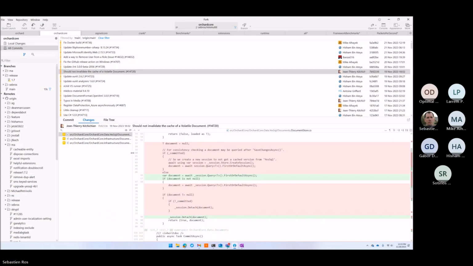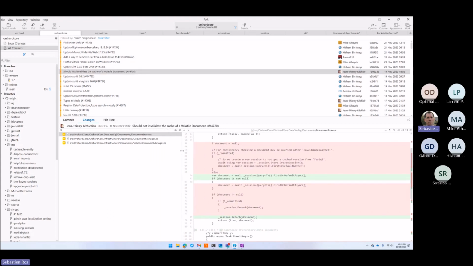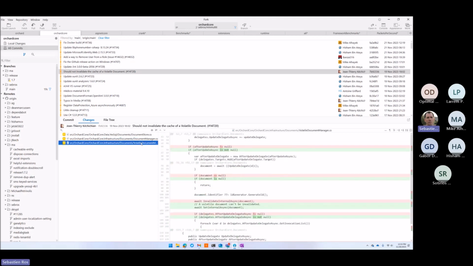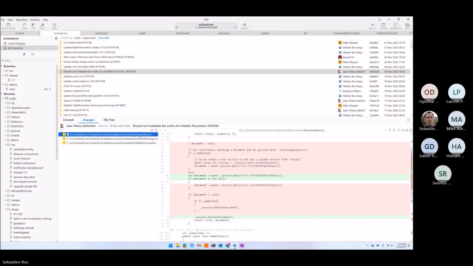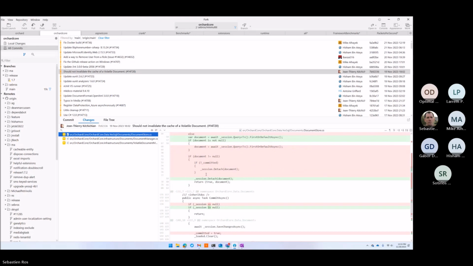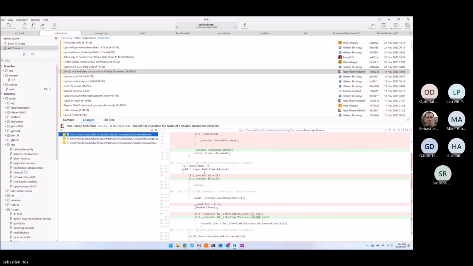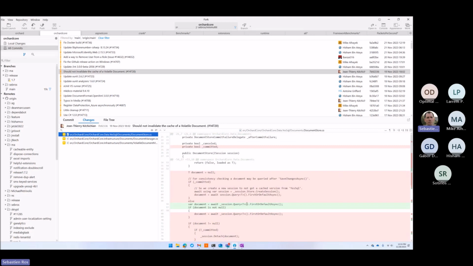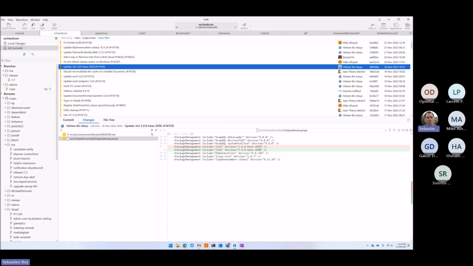When do we have this? Yeah, someone reported an issue about that. Some state was not updated, it was changed because of this cache. So now it's fixed.